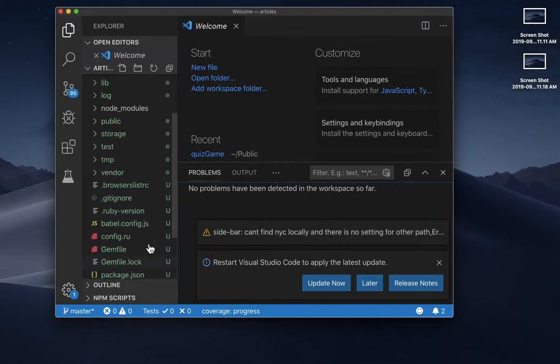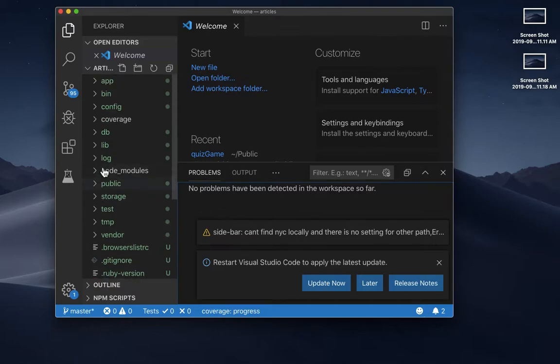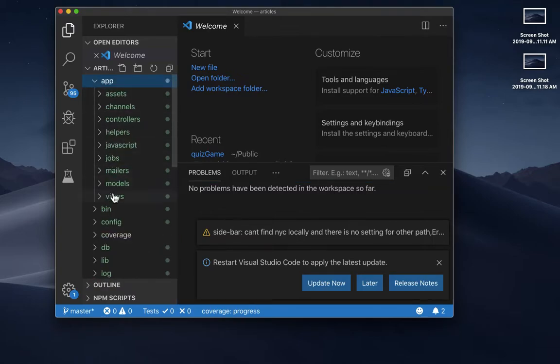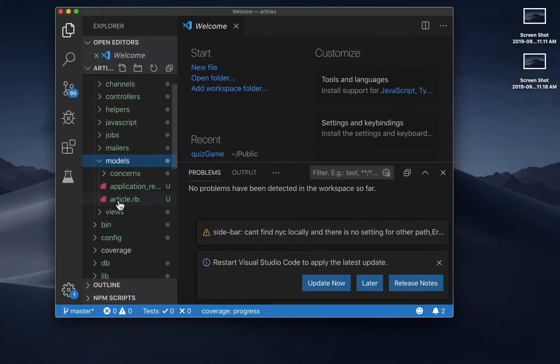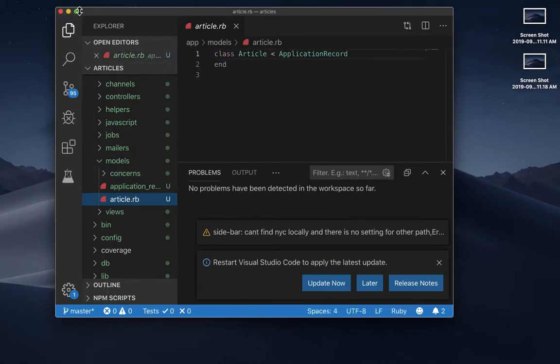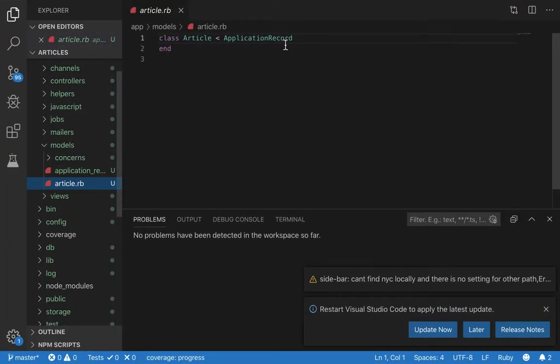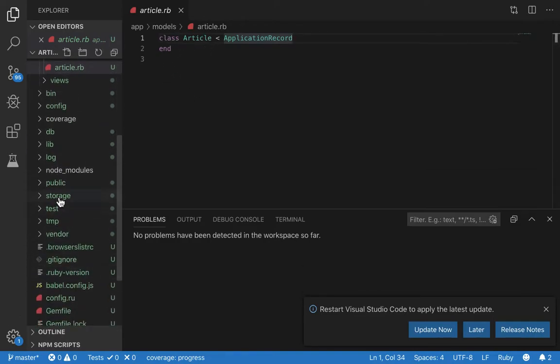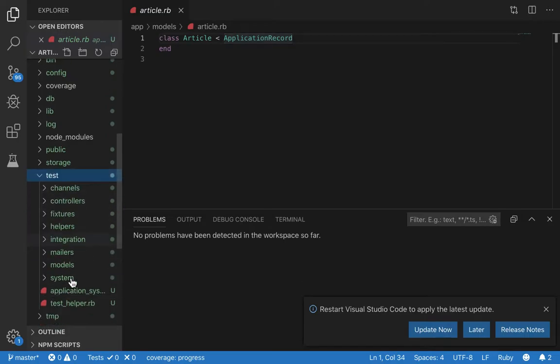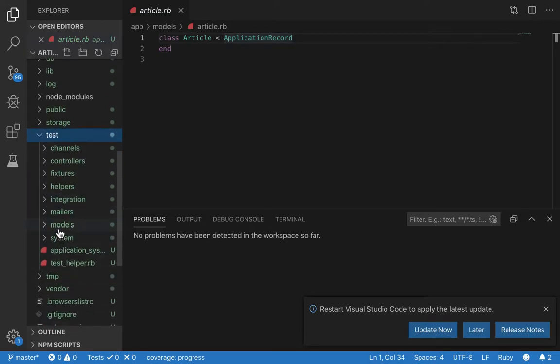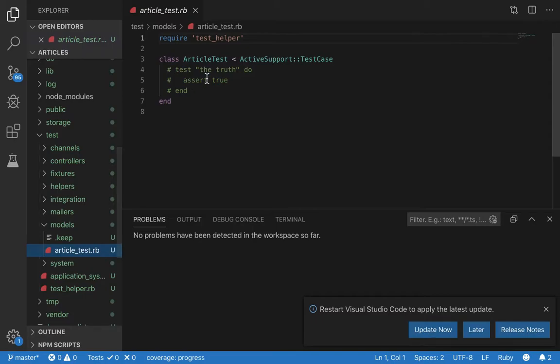Okay, so let's check out the app folder, and inside app we have models. Let's click on article. So here we have an empty model of the article model. Now let's write our first unit test, since that's what this video is on. In the article test